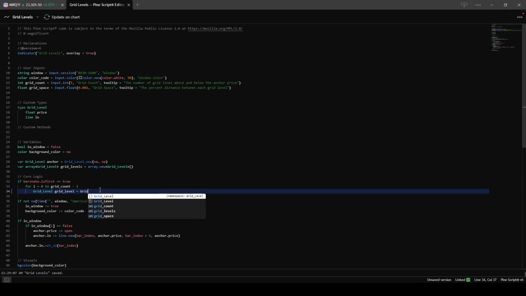And then we'll just do grid level.new, just like we did above, initializing both the price and the line to NA, because they don't need to have values right now. We're just creating the containers. So we have the container of the array, and then we have the container for the level as well, which we can come back and edit every time in the window when we start a new window. So we have our grid level,